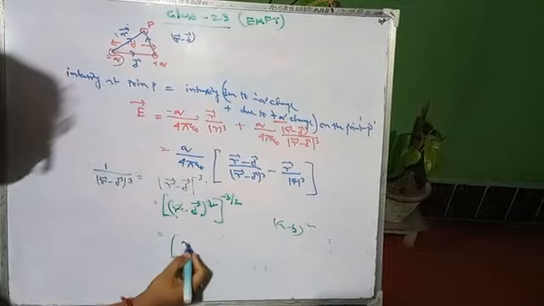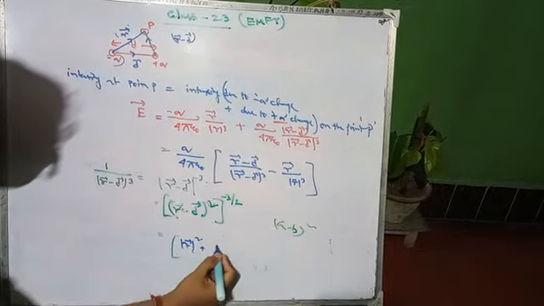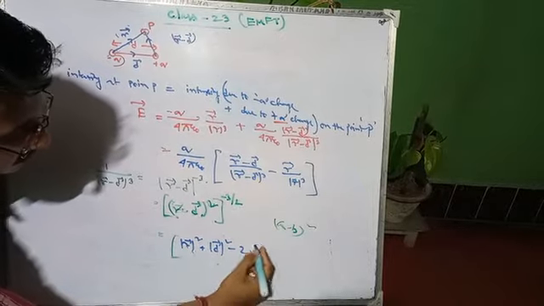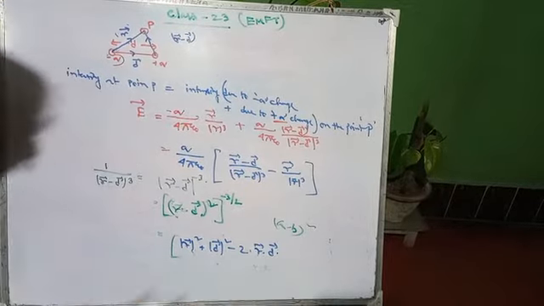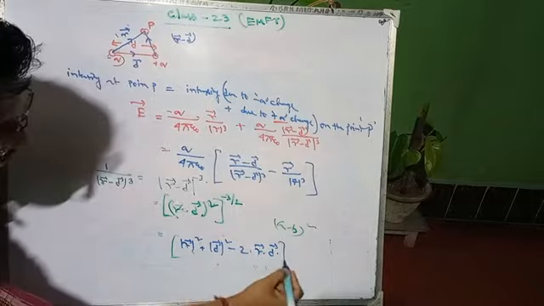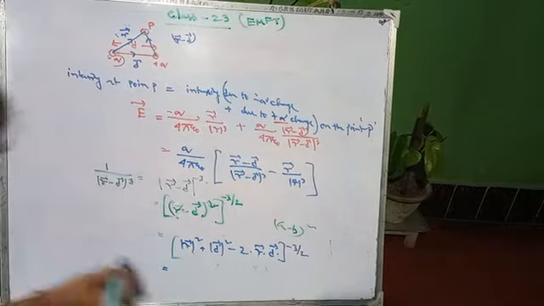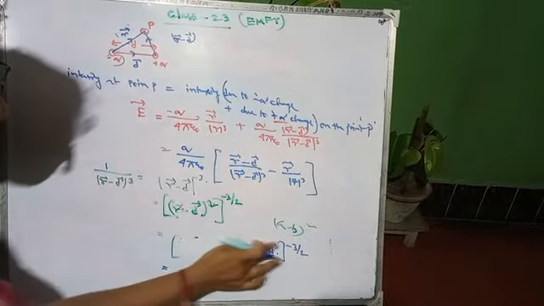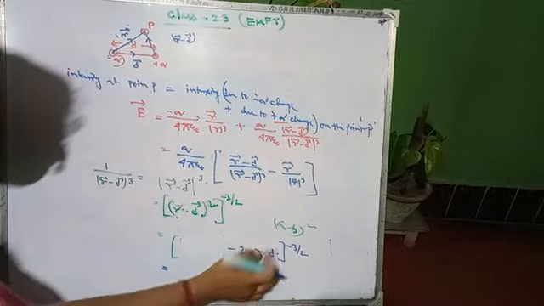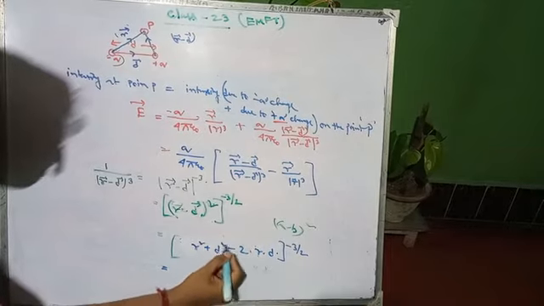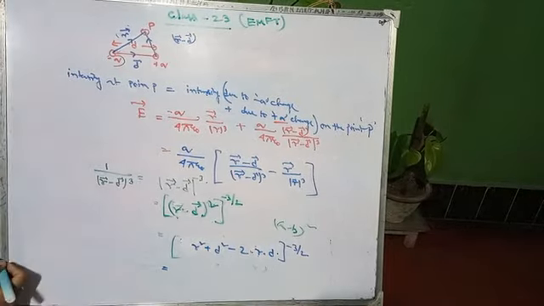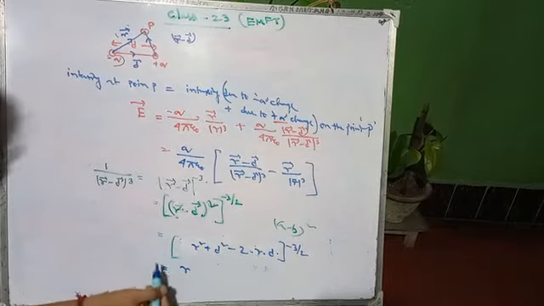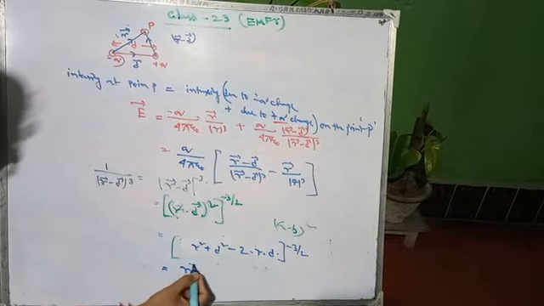Okay, so r vector whole square plus d vector whole square minus 2 r vector into d vector, the whole to the power minus 3 by 2. Next line, we are taking only the magnitude, so we need not put any vector sign, just write r and d, that is r square plus d square minus 2 r d. By taking r square outside as common, then we have r to the power minus 3.